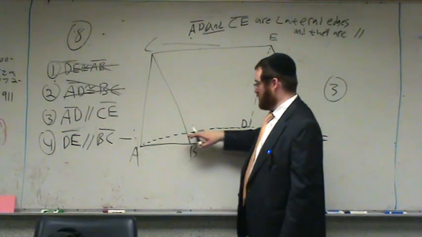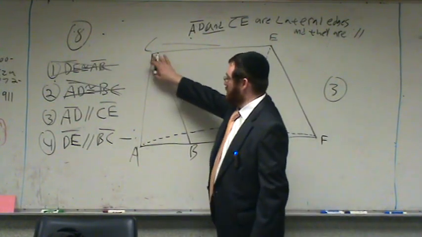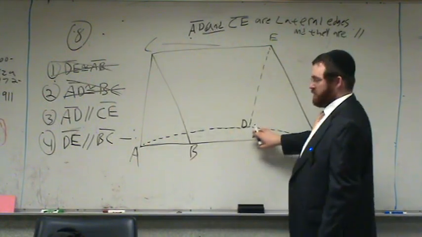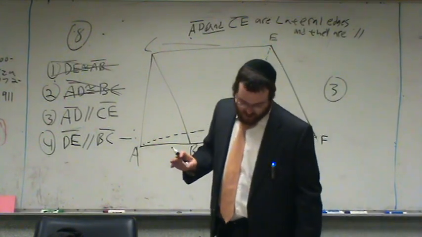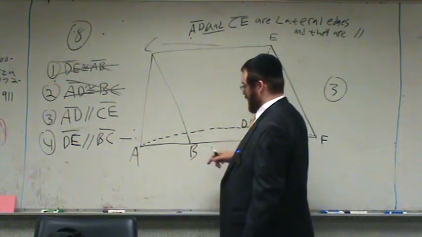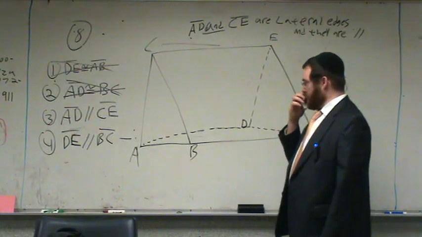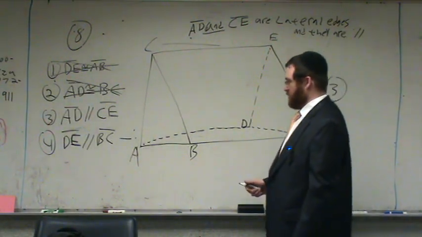Over here it's the same distance from the top to the bottom, and over here it's the same distance from the top to the bottom, because otherwise it would not be a triangular prism. A triangular prism has equal top and bottom, and therefore also you have lateral edges,